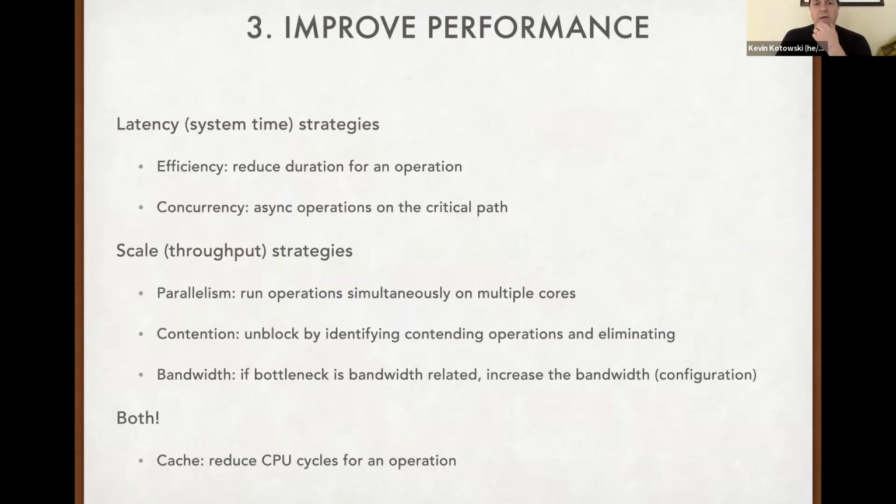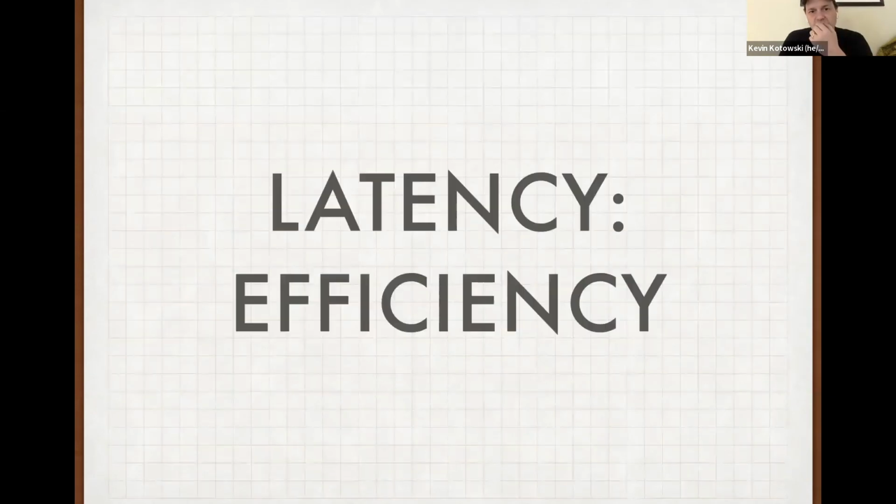Okay, then when we recognize we've got our critical path, so we've observed our system and mapped out where the timings are, we're going to identify where we can make improvements. We're going to do different latency strategies, which include efficiency and concurrency. We're going to do some scale strategies like parallelism, contention, and bandwidth. And we can do both by caching different things where we can avoid work, so you basically skip over a processing node, which helps both latency and scale. I'm not going to go super deep into these because we have about 6 minutes off of the main time for this, but